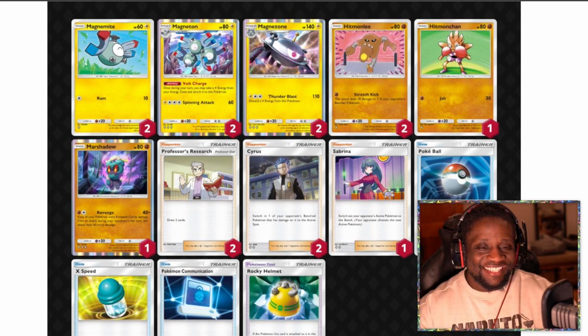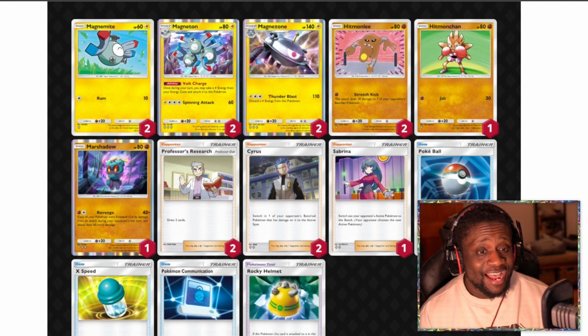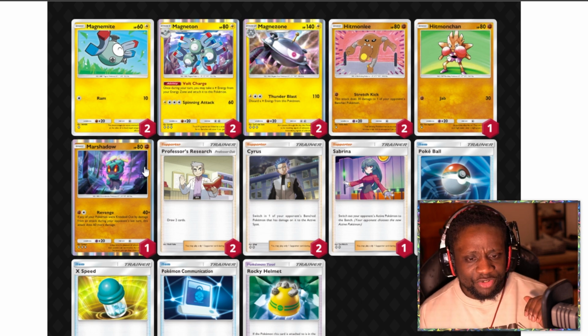Next up is this Magnezone Fighting Box deck. I think we saw through Mythical Island that this fighting core here between Hitmonlee, Marshadow, oftentimes you're running